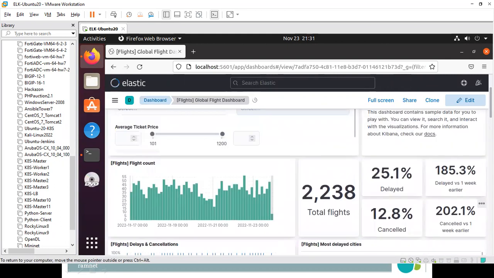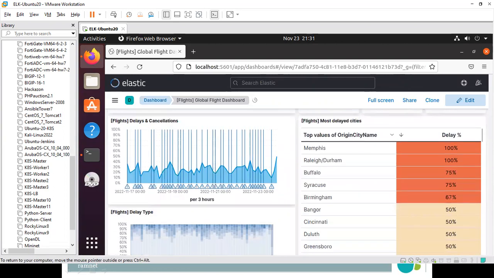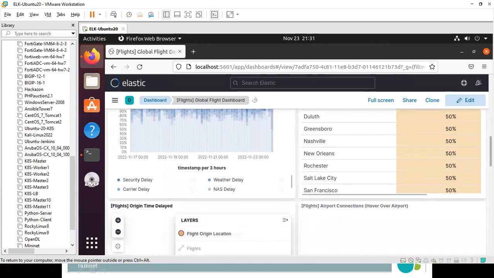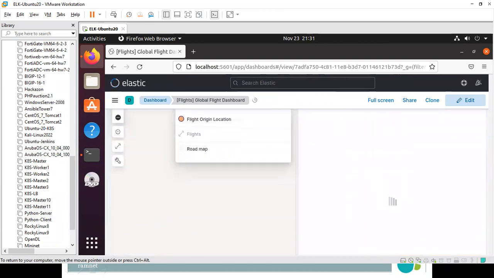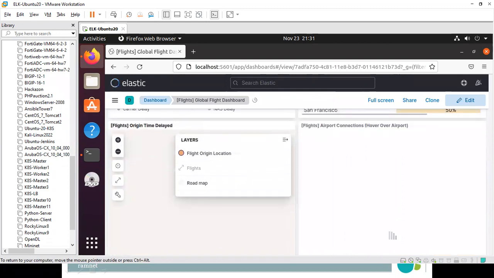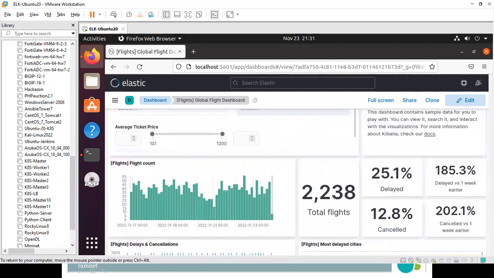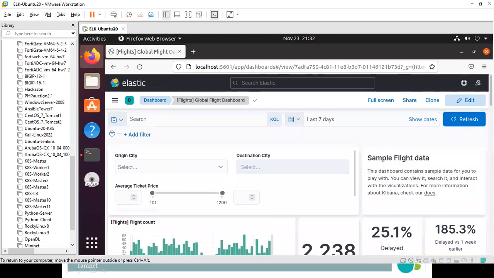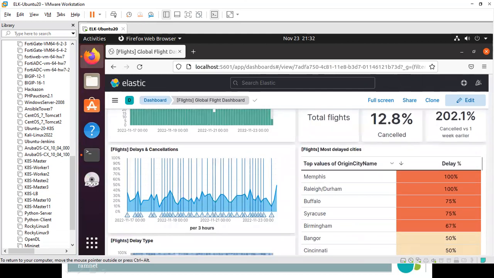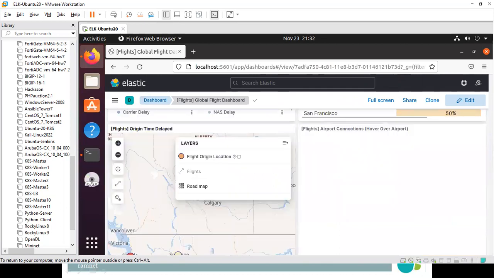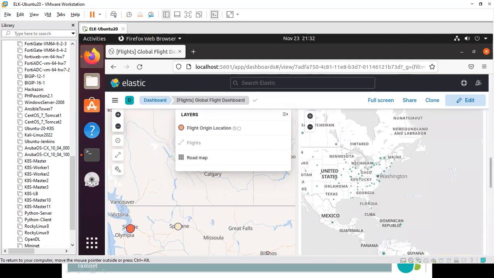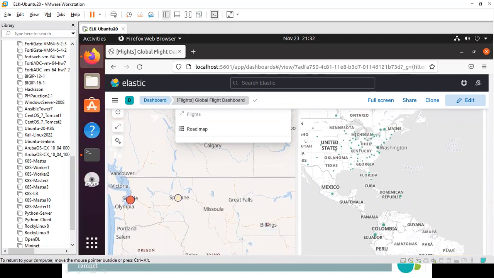Destination city. This is the graph, and these are all stored data which is already historical, and it is just a sample only. You can even see the maps, which country and so on. So this is something like the Kibana dashboard. But we can have real-time data pushed into this, and we can see that. The maps are showing this. This is taken from the United States. If we give proper data from any other country, it will show the maps.